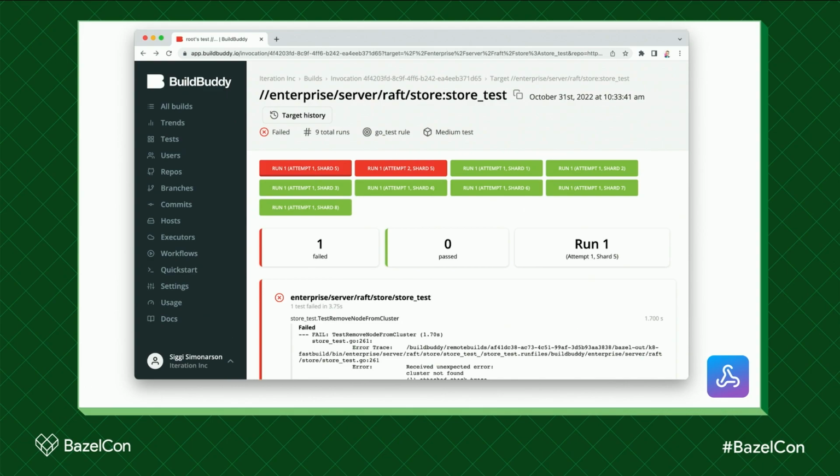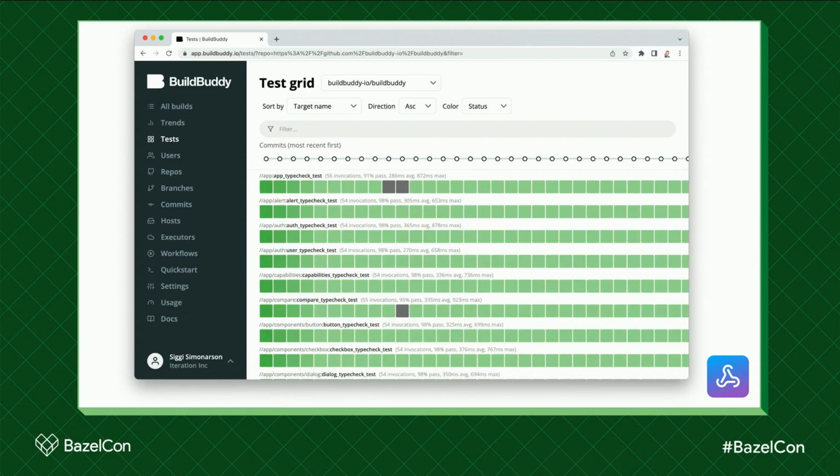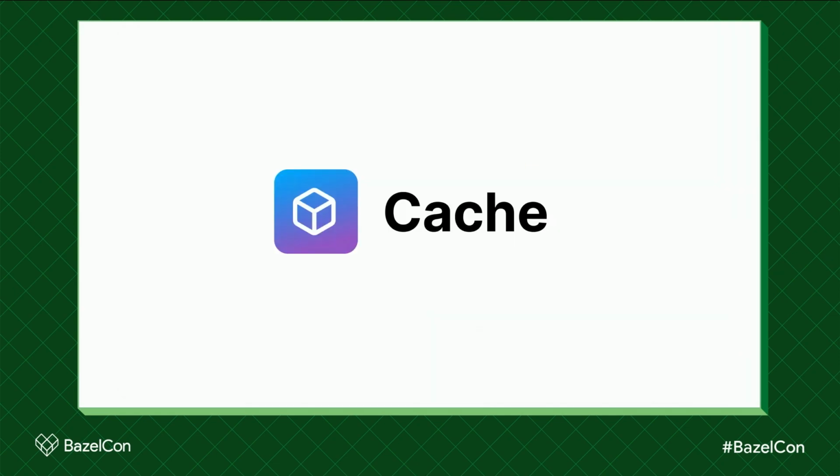Another feature we recently added is called Target History. When you have a test that fails, you can now click on this Target History button on the test failures page, and you can see a history of the test successes and failures just for that test, which allows you to more easily answer the question, did I break that test, or was it already flaky or failing? You can also zoom out and see how all of those tests are performing over time. So that's the results UI.